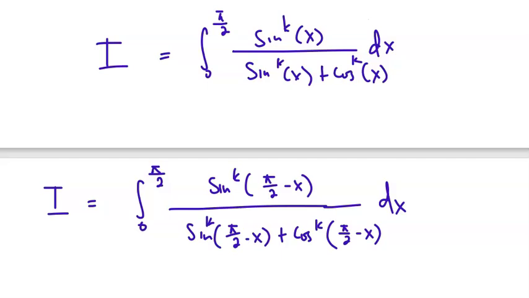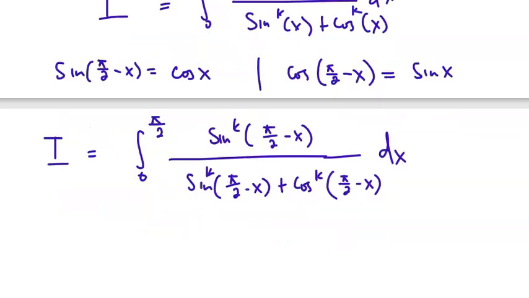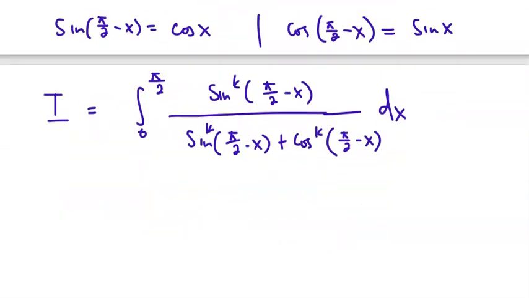Okay, so let's take note of the following. We have that the sine of the angle pi over 2 minus x will give us the cosine of x, right? And we also have the cosine of the angle pi over 2 minus x will give us the sine of x. Okay, so using this idea now, our I